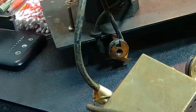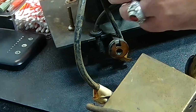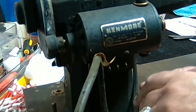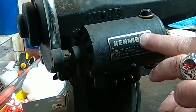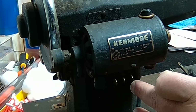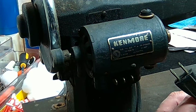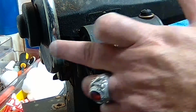is, let me go ahead and unplug it real quick. We pull this plug off right here to the back of the motor. And you can see we've got 3 prongs on the back of this Kenmore rotary. We'll check to see how it's set up, but 2 of them are going to be for the light. The other 2 are going to be to drive the motor. So we'll see if we can do a little bit of quick testing, see if we can get a response